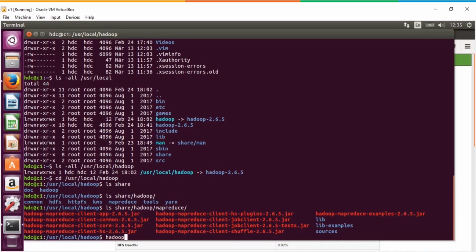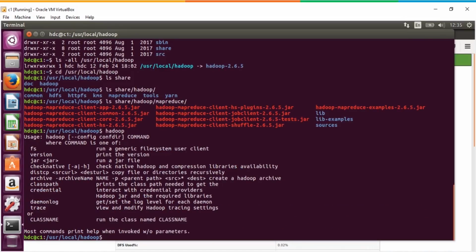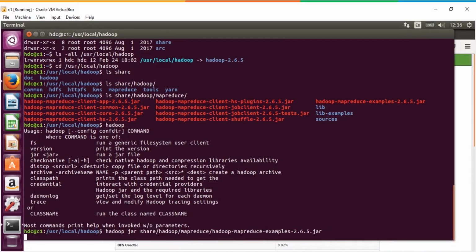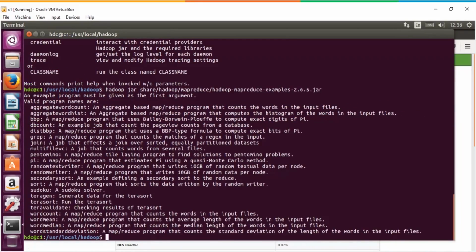examples. I can say Hadoop, or to run a jar we can just type in Hadoop. Now that shows me that I have an option called jar, so I can say Hadoop jar, and then I can give this path, which is share Hadoop MapReduce Hadoop MapReduce examples, and then I can see what classes are available. So these are different classes or programs which are available, which are by default existing in Apache cluster under